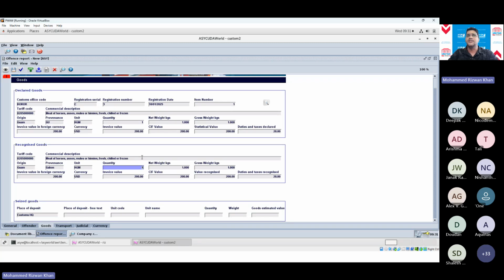This just records it. Right? So this pulls the data from the declaration and displays it. But if you change it, it does not change the declaration, because that is another set of process that you need to follow to basically amend or do a post entry to the declaration.